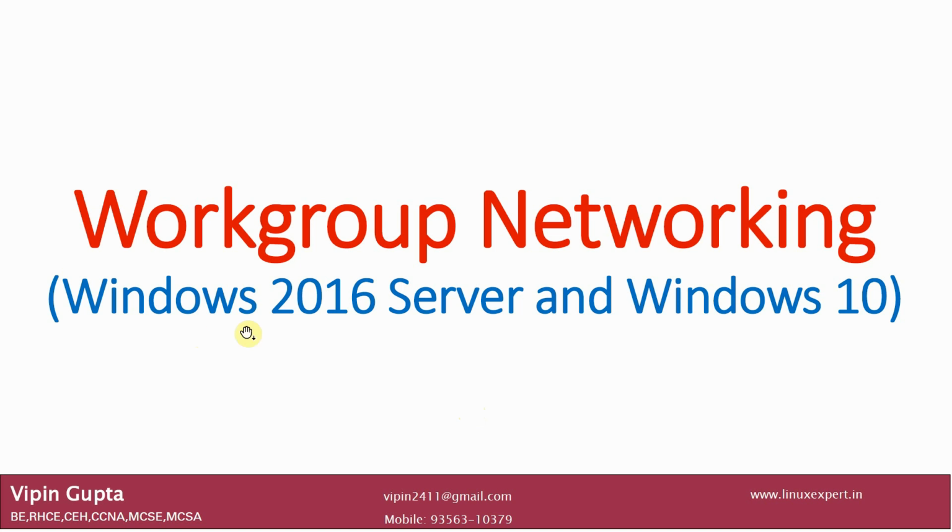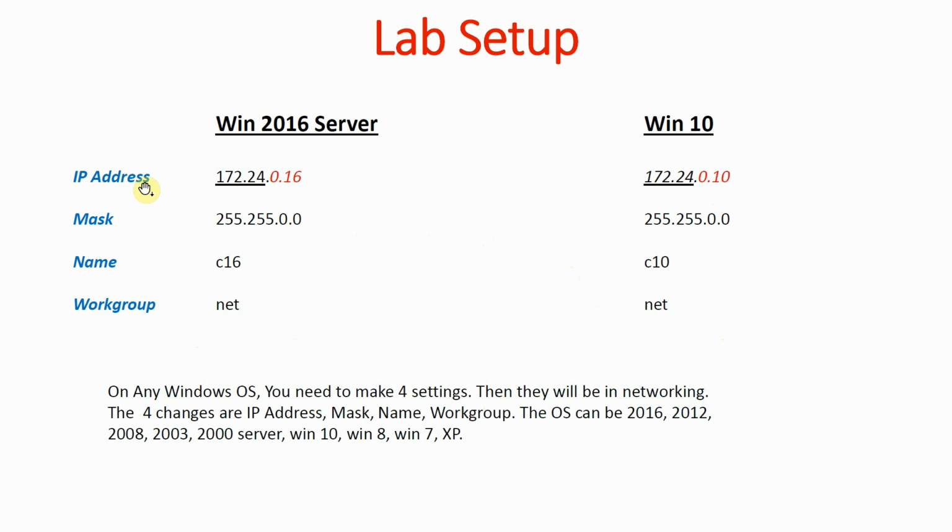Now we have already installed Windows 2016 Server VM and Windows 10 VM. Now we want to perform workgroup networking. So in our case, we are going to give to our Windows 2016 server this IP address